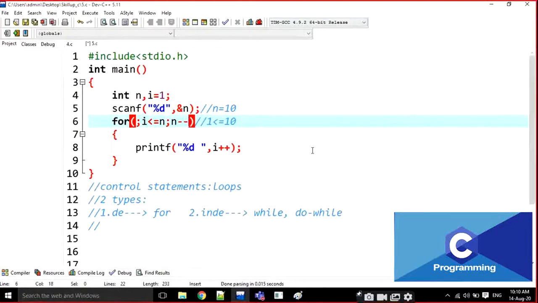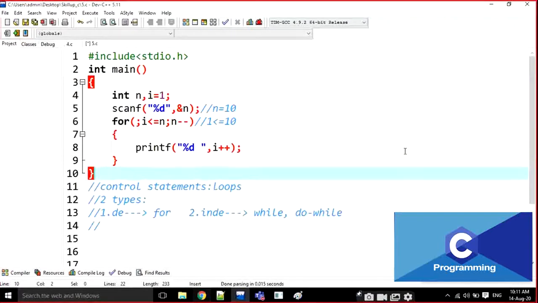This is the challenge for you guys. Can anyone guess what is the output if n is equal to 10, for example? Just do it mathematically. First of all, note down this program that I'm writing here.